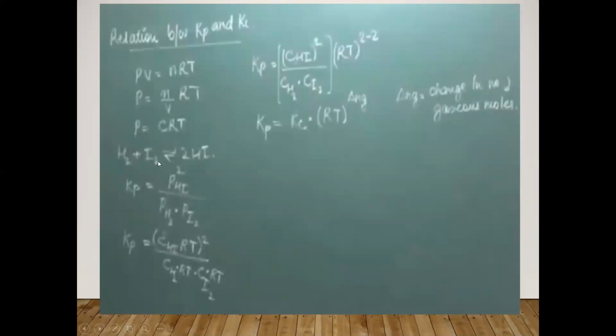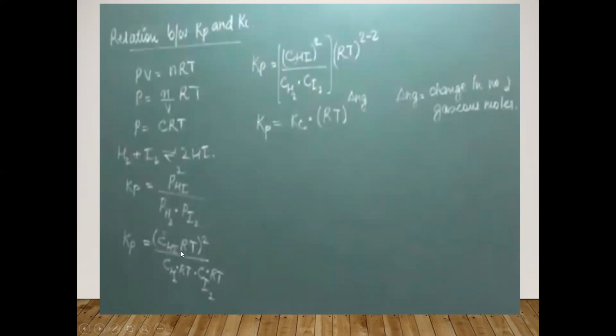Now suppose we have this reaction. We will take this reaction because all the reactants and products are in the gaseous state, so it will become easy for us. If I have to calculate the equilibrium constant in terms of pressure for this reaction, what will be the formula? First I will write the reaction, balance it, then put everything in the formula. That is the pressure of the product, hydrogen iodide, power 2, upon the pressure of the reactants, hydrogen and iodine. This will be the formula. In place of pressure, as we have derived here, P is equivalent to CRT. So I can write CRT also.